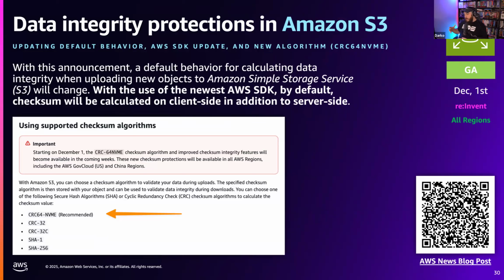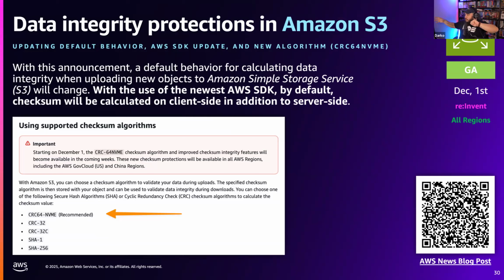When you run the SDK call, or even use the web browser, you are uploading an object, and before the object is written to an array of storage systems in the back, it generates basically a hash, right? CRC32 or CRC64, whatever. One of these hashes is generated and stored as part of your object. The problem there is that between the object getting written to the system and your computer, there is the internet.